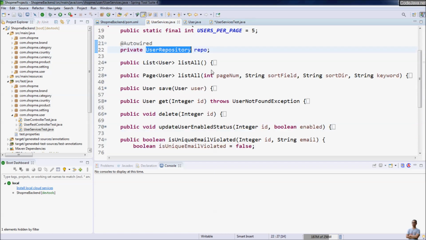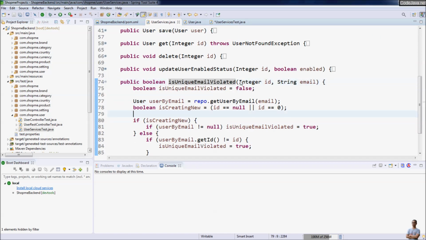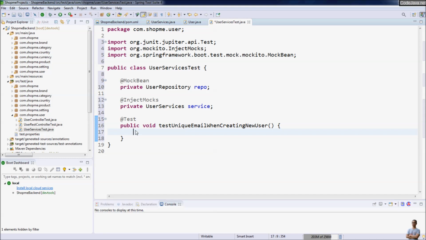As you can see, this is the method we want to test, isUniqueEmailViolated, and it takes two parameters: ID of the user and email of the user. So in this first test method we declare Integer userId = null and String userEmail is some value, for example tommy@gmail.com,